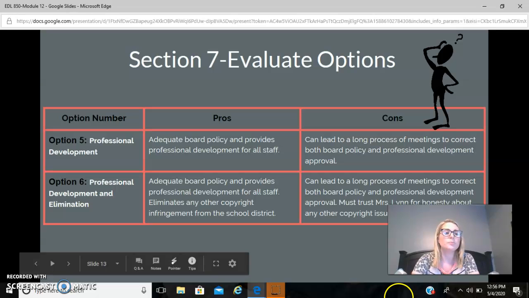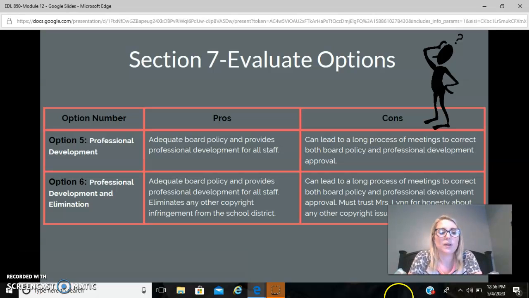Option 5 is adding the professional development, so you would have adequate board policy as well as professional development for the staff. This can be a long process of meetings to correct both policy and professional development for approval. And a last option would be option 6,